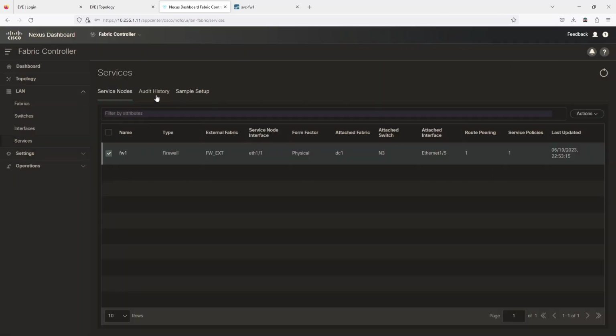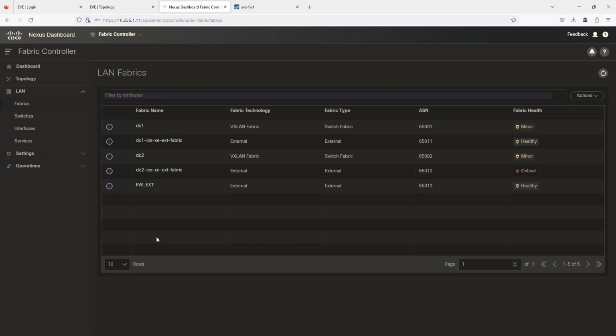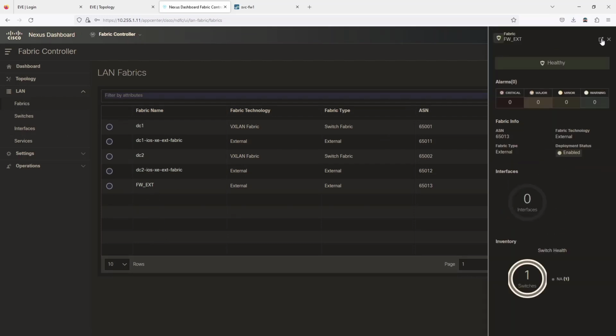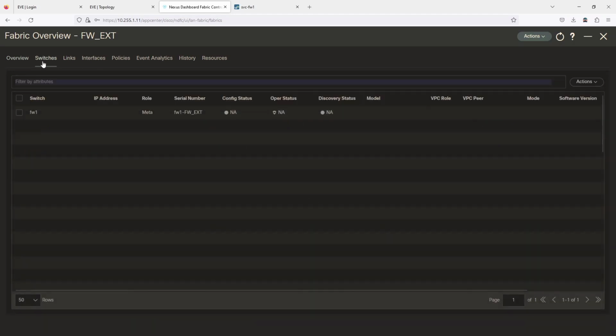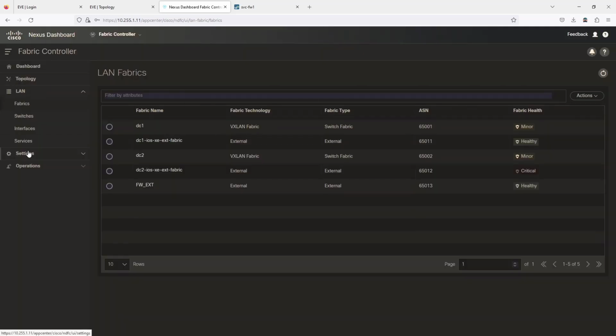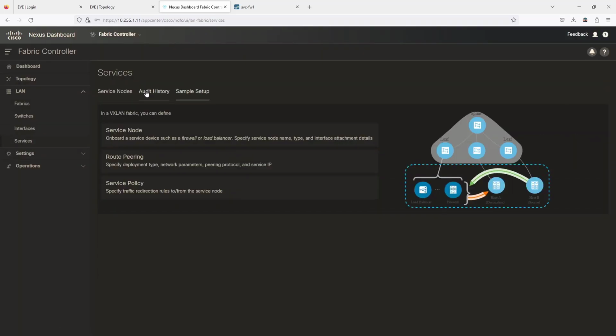Get out of this one here real quick. Fabrics. Switches. What's interesting about this is, even though I didn't add any switches to the fabric, because I created a service profile, it sees it. So it's kind of interesting how that service